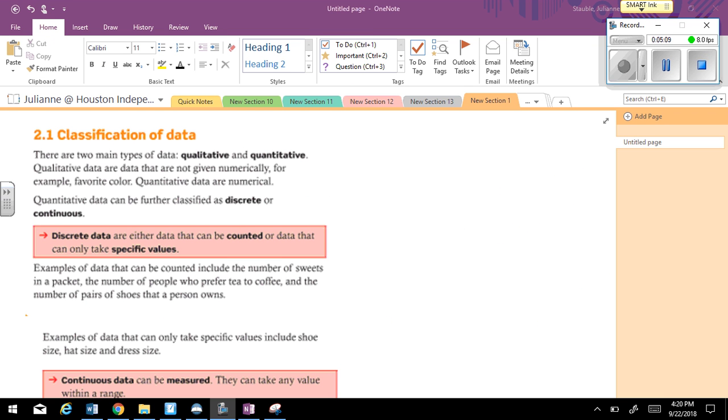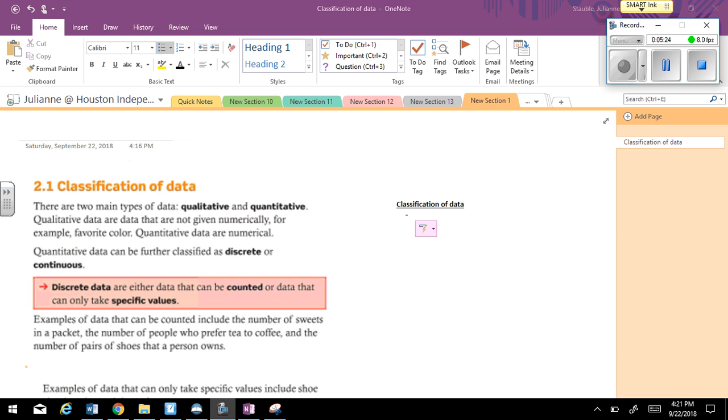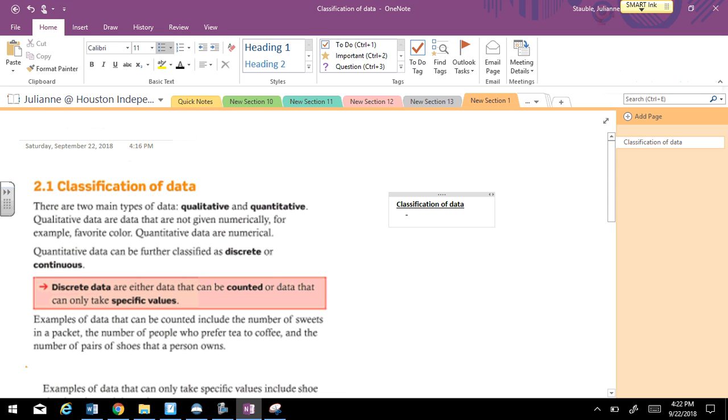Okay. So there are two main types of data, qualitative and quantitative. Qualitative data are data that are not given numerically. For example, your favorite color. Quantitative data is numerical. So if I were doing notes, this is how I would start mine,